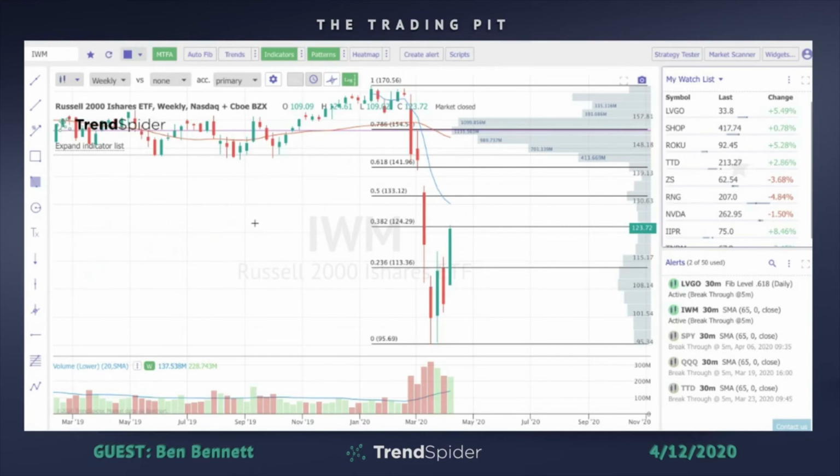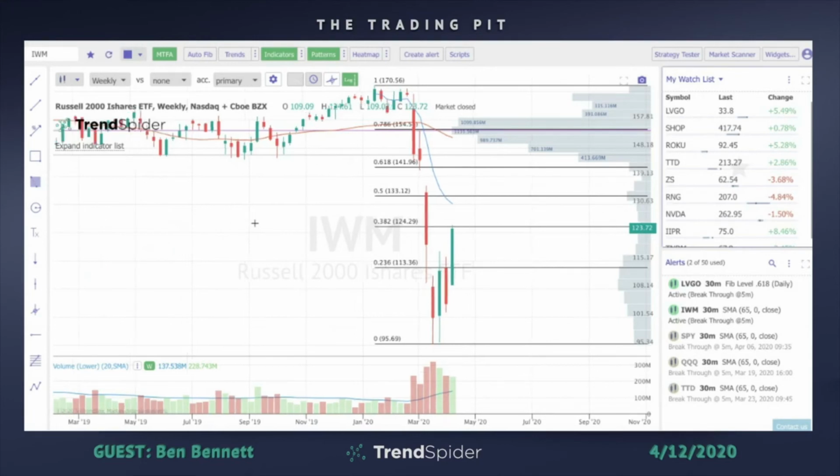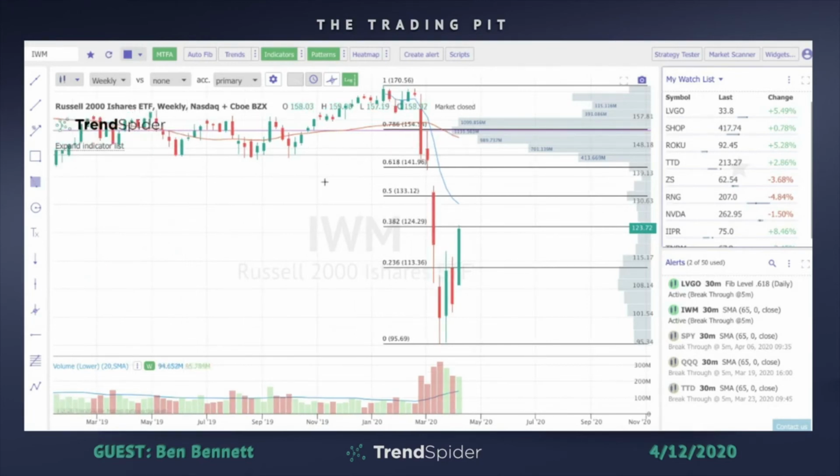Yeah. So as far as IWM goes, what's interesting that you've got up here is the fact that IWM has not tested that anchored VWAP like the other candles did. Exactly. You dropped further, you dropped harder. The retracement where the other two are up here, at a 50% retrace, it's still down here around 124. So yeah, there's still work to do here. But late last week, this candle was very, very strong in the small caps. So there's a lot of room.